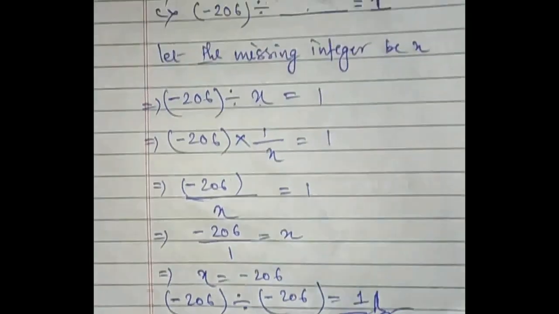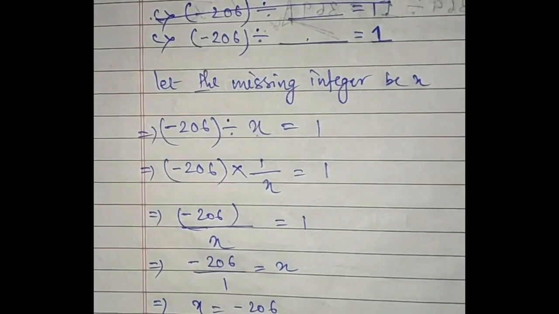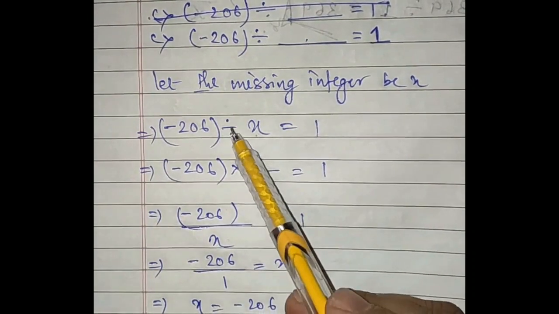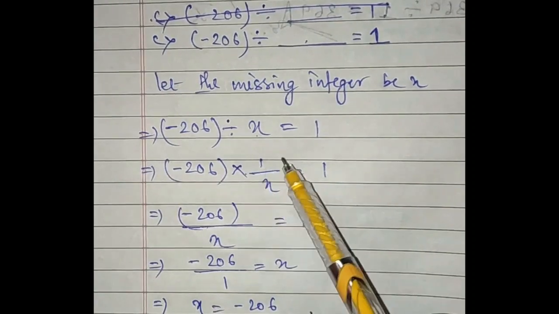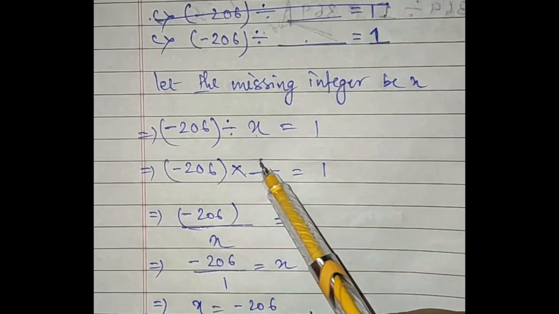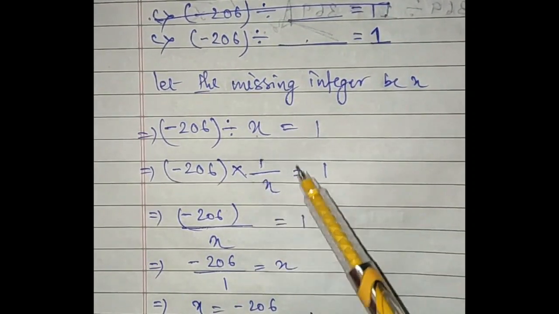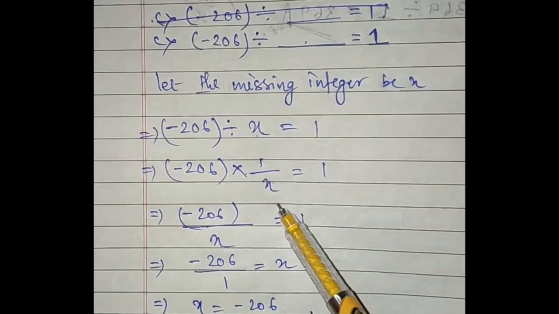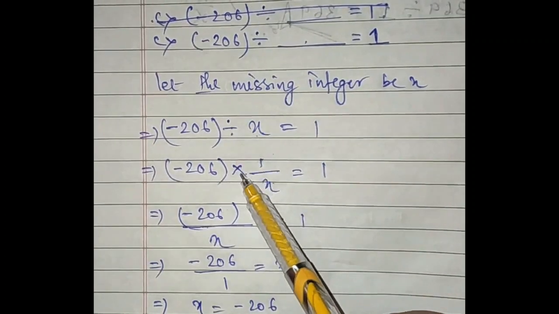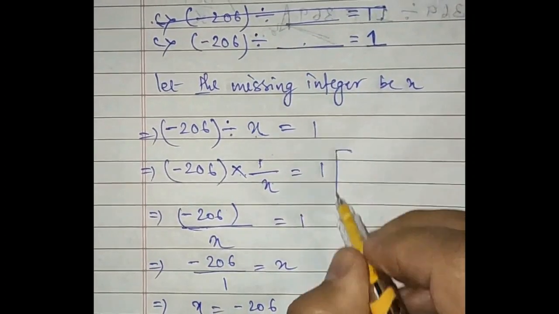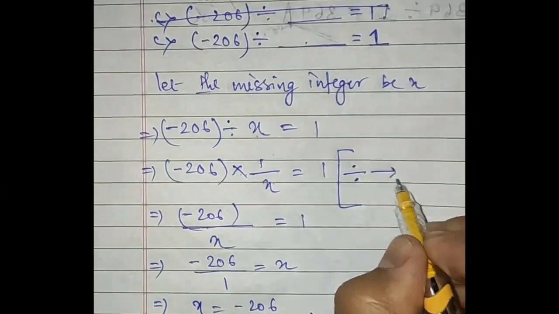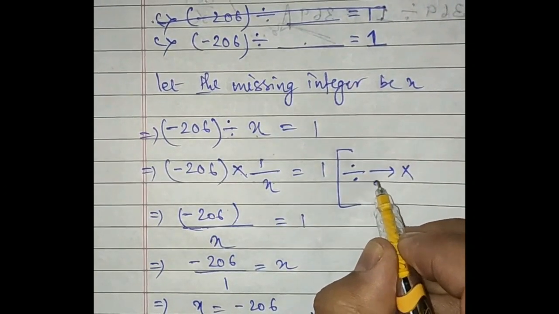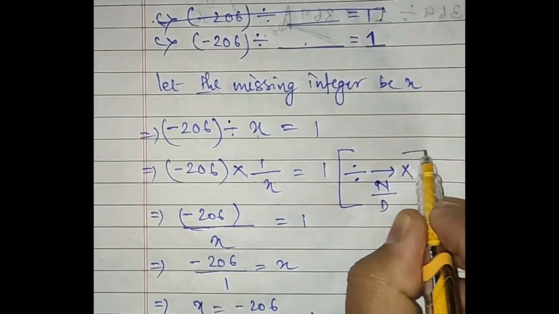Alright, we have done it in such a way, right? The only step you have to follow is convert this into a multiplication sign and break this rule. Make this as 1 by x, or a fraction. It was not a fraction before. Now we can make this a fraction by converting this divide into multiplication. Okay, I am writing a rule here. When you convert or interchange divide into multiply, the number will be a fraction, numerator by denominator. Alright.